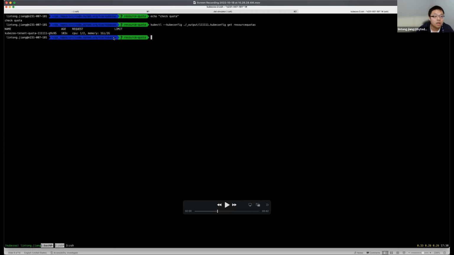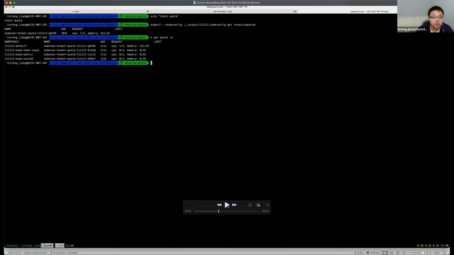As you can see, in this resource quota in the default namespace, the resource quota usage has been updated. We also take a look at all the quota from the perspective of the backend API server, which might answer Faye's question. Each of the namespaces will get the same hard limit, as specified in the cluster resource quota spec.